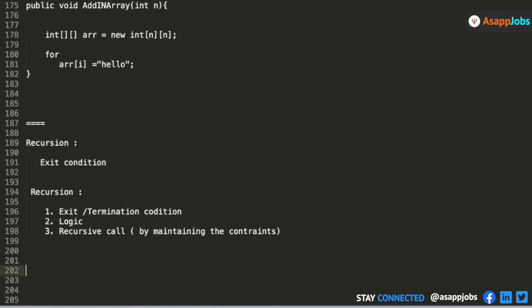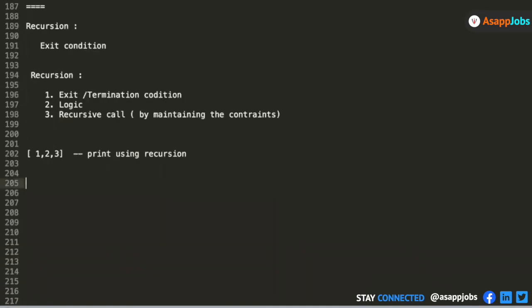Suppose I have been given an array, say 1, 2, 3, 4, 5, and I have to print it using recursion. I'll take one smaller input. So let's write the function for this: public void print array recursion.